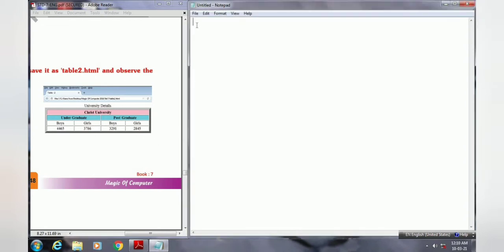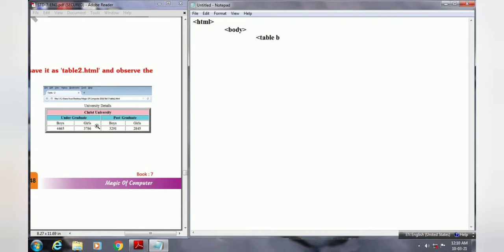So now we are in our Notepad window and our HTML document begins with the opening html tag, so that I have written. Then directly I am opening the body tag, where we write all the information that we want to display. Now here we want to create a table. So inside the body tag, which tag do we need to use to create a table? Yes, the opening table tag. Many attributes we have discussed that we can use along with the table, so we will use those also.